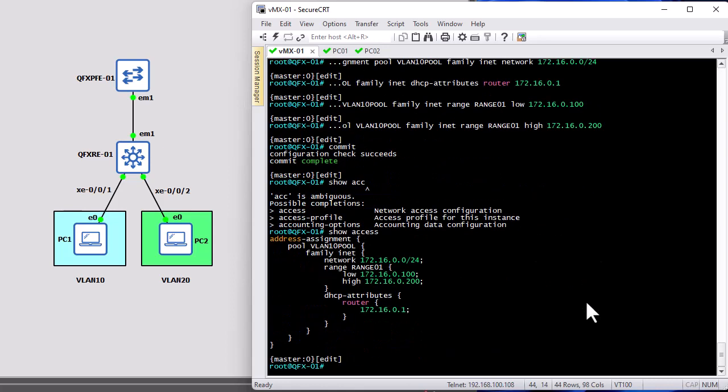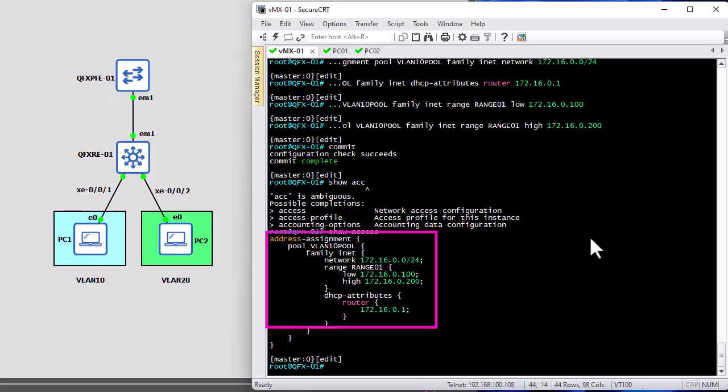Okay, so you can see all the keywords or all the statements that we have entered in our Juniper QFX switch. So this is our pool, which has as name VLAN 10 pool, and the network of course is 172.16.0.0, so the starting IP address is .100 and the ending one is .200,